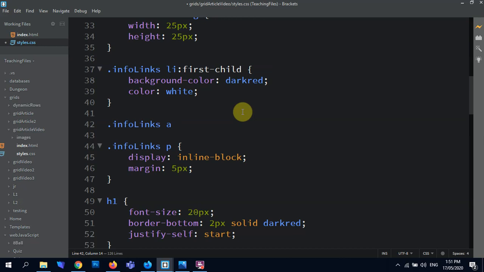Info A. No, do I want that? Oh, okay. Info